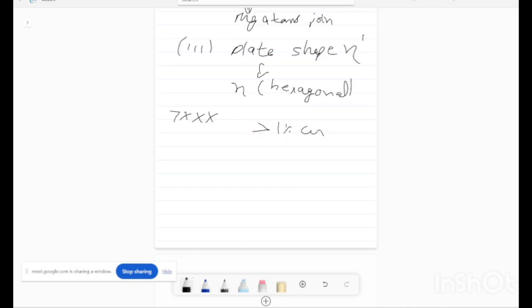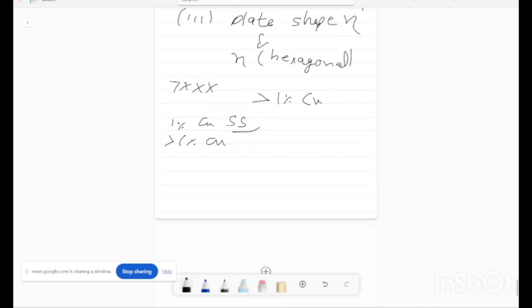So the copper concentration should always be higher than 1%. Because up to 1% the copper remains in the solid solution. After 1% it will precipitate out from the solid solution,